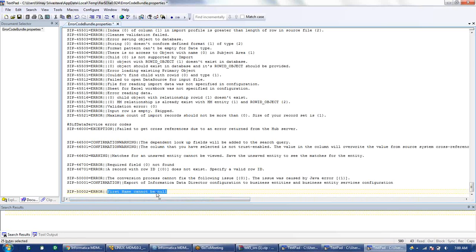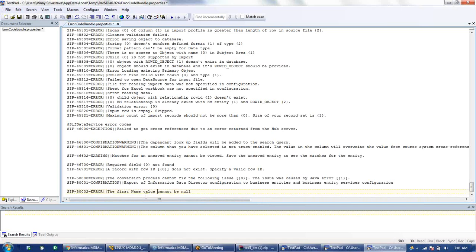Because if you have hard coded it in Java, that will be a problem, because at a later point of time, sometimes the customer might come and say that this doesn't look good. First name cannot be null, doesn't look good. What you do is you change the first name value, for example, I'm just changing it. I'm saying that the first name value cannot be null.